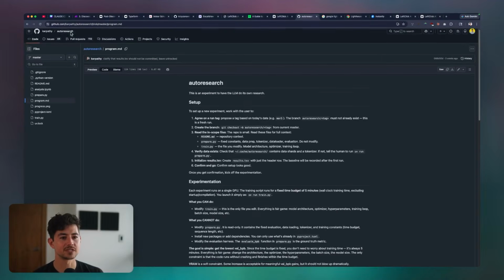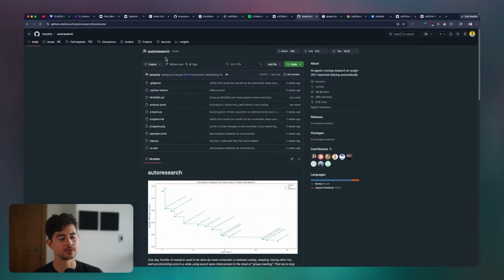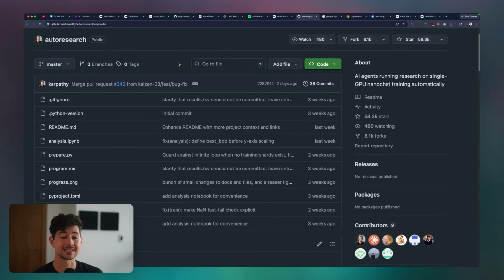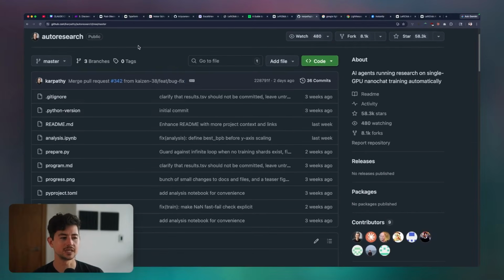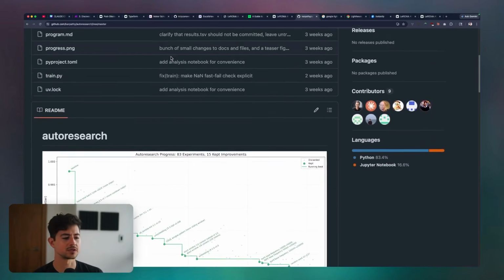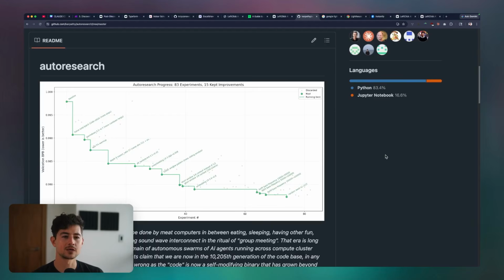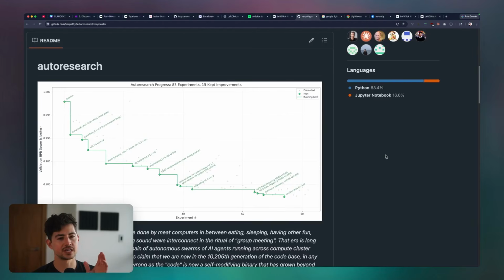In case you have never seen this before, Andrej Karpathy, one of the founding members of OpenAI, who was also the head of AI at Tesla for quite a while, was doing a bunch of research on his own for one of the models he was running, and he thought, do I have to do this stuff anymore? I feel like I'm at the point where I could have AI actually run most of my research for me. Let me make a quick hypothesis. If I just gave all of my changes to AI, would it be able to do the same thing that I do while I slept, such that when I wake up, I'll have a big list of improvements? And it turns out,